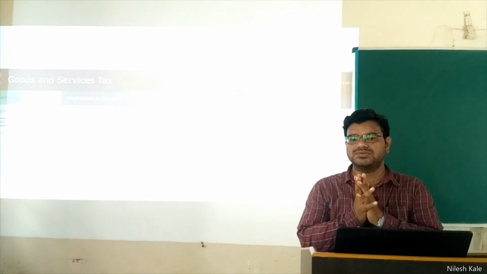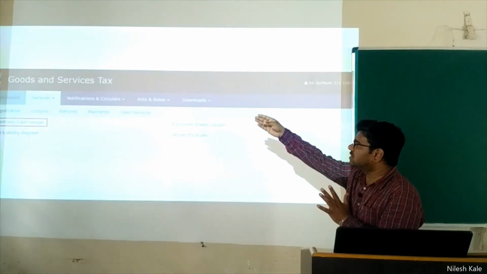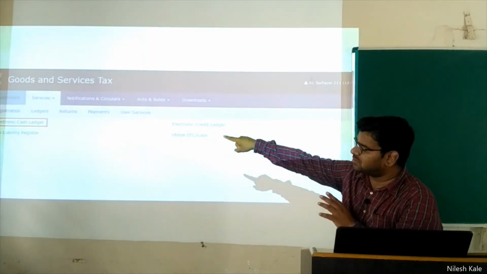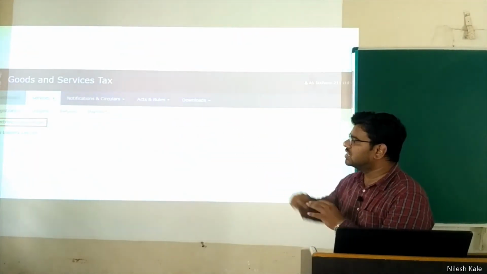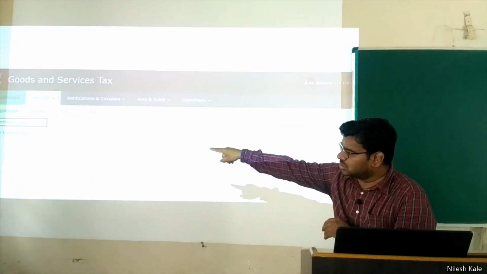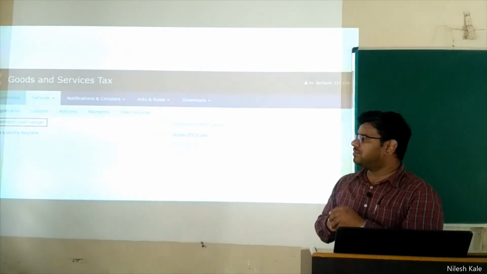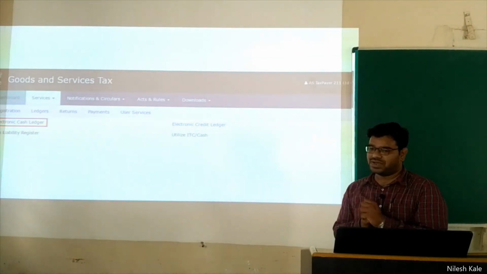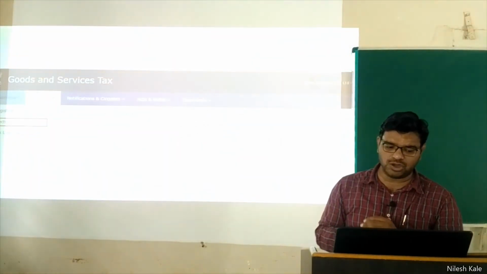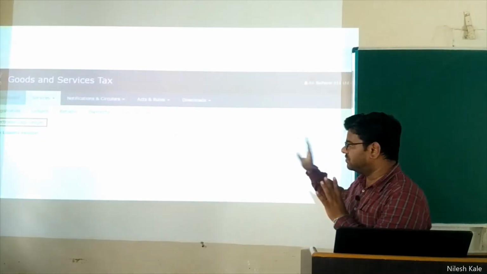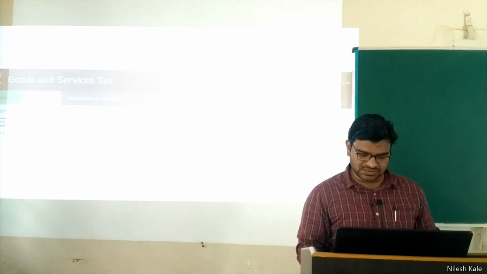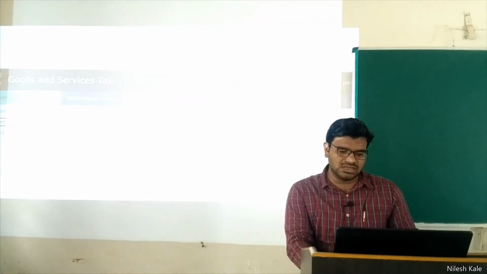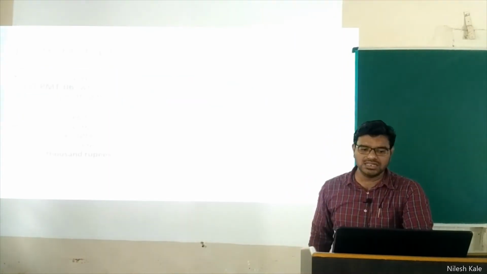Okay, if you go to the official website of GST, in the services tab you have the ledgers sub tab, and there you will get these many fields. Electronic cash ledger, below that the tax liability ledger, then the electronic credit ledger, and then you have utilization of ITC or cash, right? All these three ledgers are reflected here. You just have to click on it and then go according to it. It is very simple, right? This electronic payment, and then the electronic cash ledger.